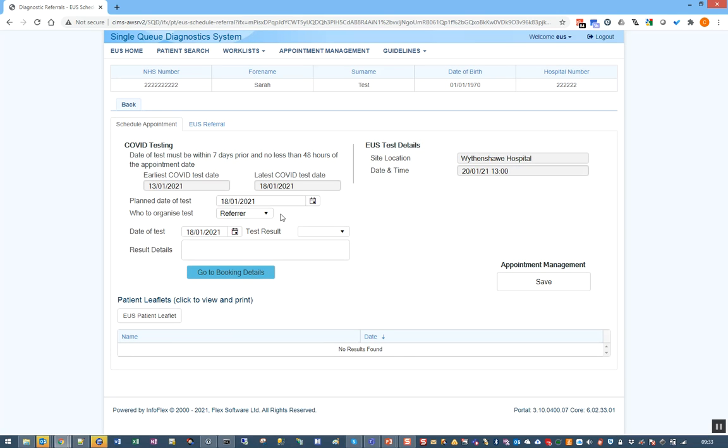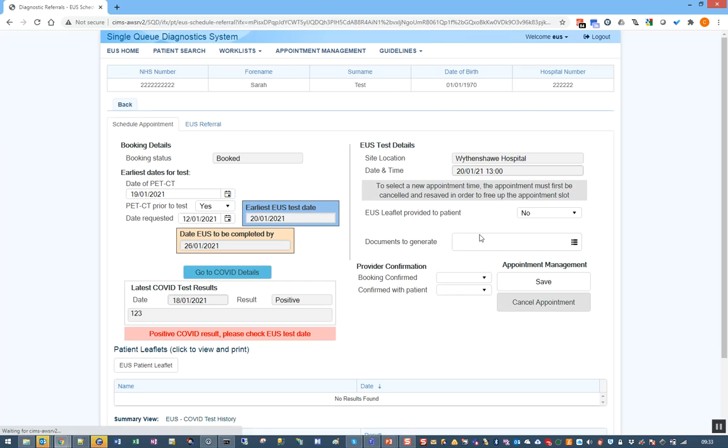Right, now the test on the 18th, let's say, first of all, it's positive. Put some details in here. I save that. It seems we've got a problem, the positive result. So think about the test date. The test date is the 20th, so that has to be cancelled and rescheduled. So if I click cancel and save,